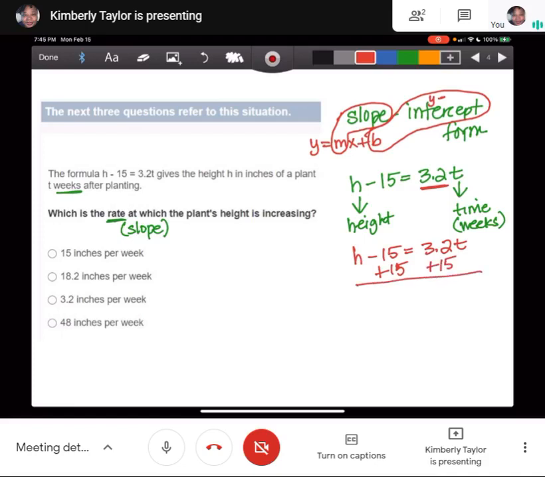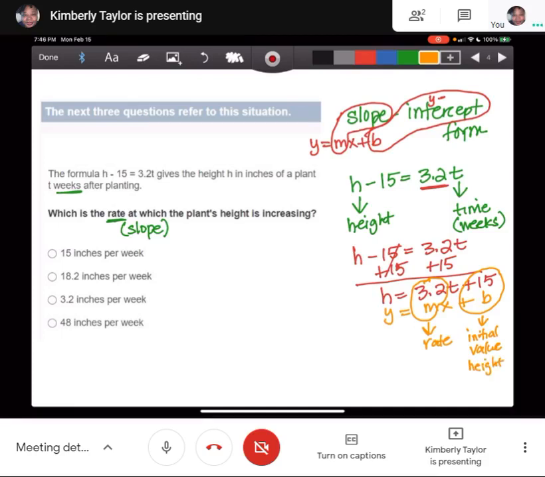And so now I'm at h equals 3.2t plus 15. That is the same format as y equals mx plus b, where the m, or the 3.2, would be your rate, and the b would be your y-intercept, or in this case, your initial value, or the initial height